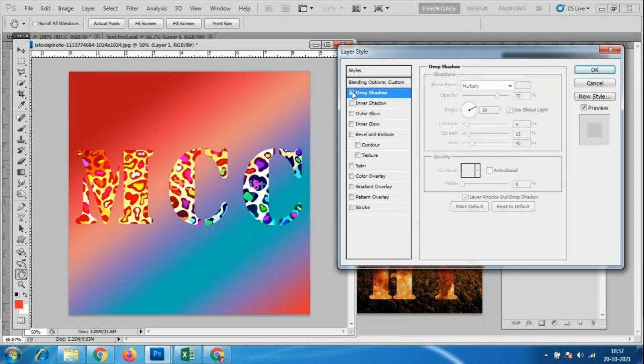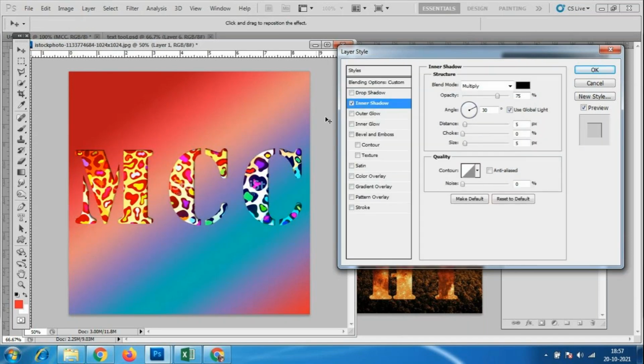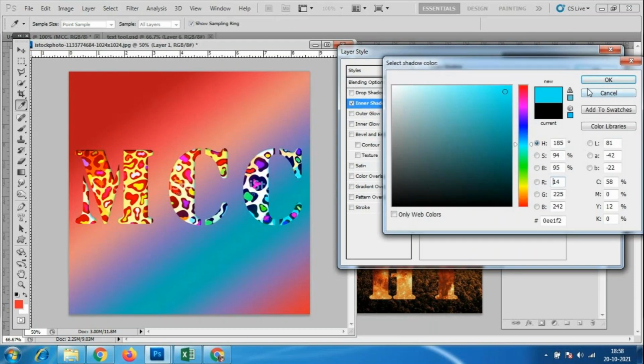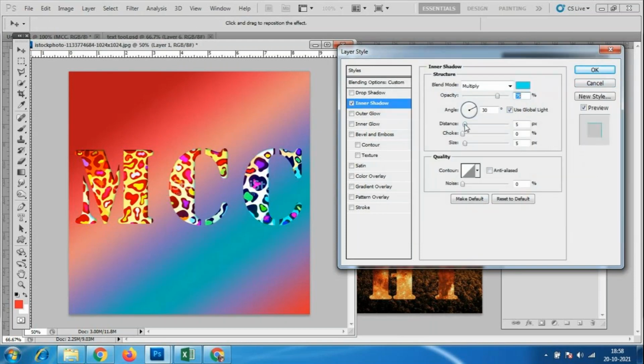Okay, so next I'll go to the inner shadow. I'll click here. What we saw, that drop shadow is outside the text. Here what we are seeing is the inner shadow, which is inside the text. When inner shadow is selected with the blue color, then only this option will work. I'll change the color of the shadow, so we will get to know. Can you see, everybody, very light movements we can see on the inner side of this.